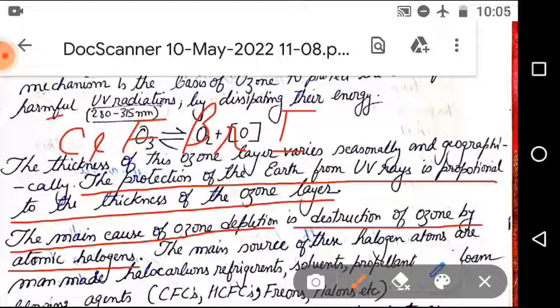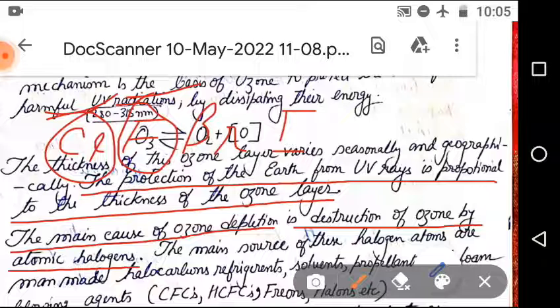Most of the time, chlorine or fluorine make up the halogenic substance. These halogenic substances are made by human beings for particular purposes, and they are actually causing depletion